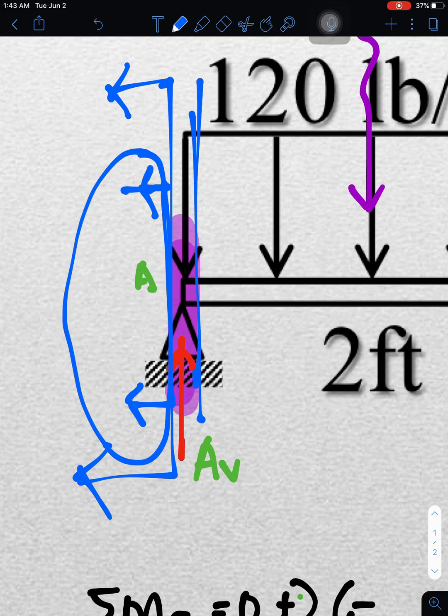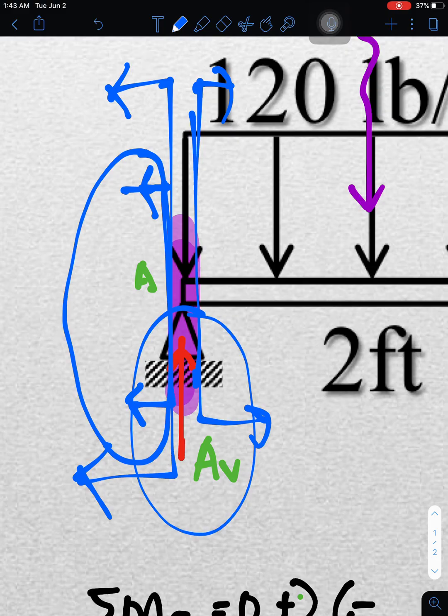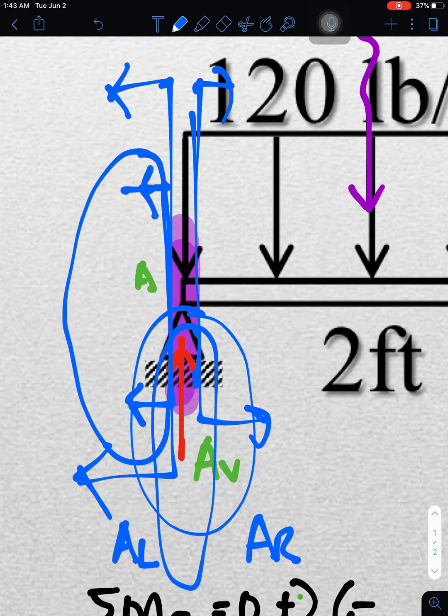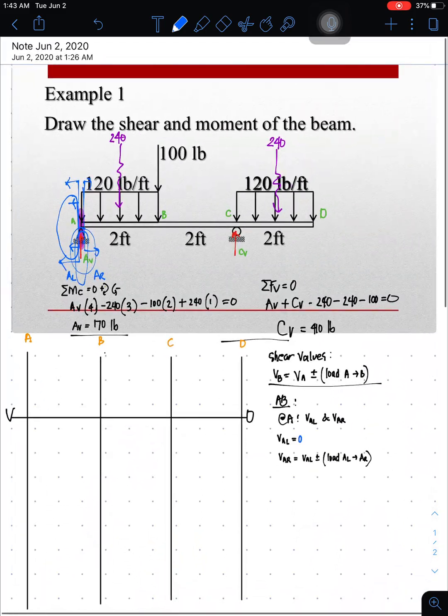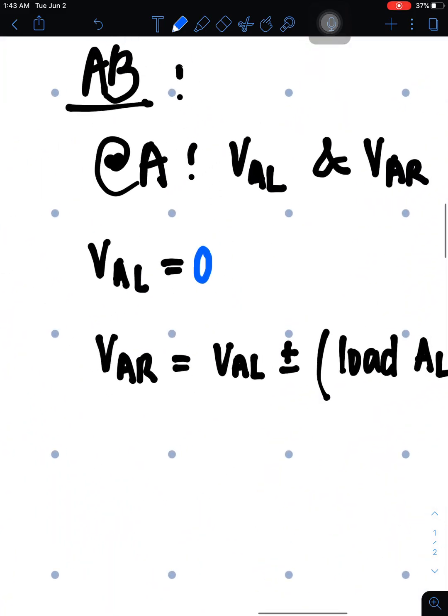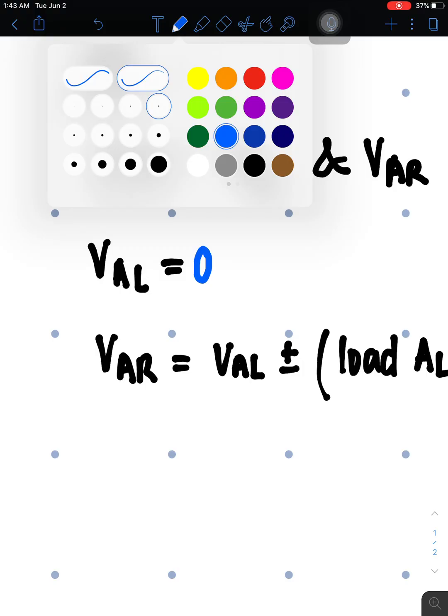This is the right portion of A. In the middle, there is a force. So from A left, we have A right in between, and that force is upward. So what we will do is just copy